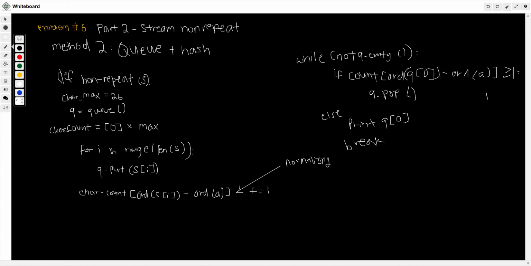And this is different from the doubly linked list method in terms of complexity, because it's a little more space efficient. I'm seeing 1 hash and 1 queue instead of 2 hashes and 1 doubly linked list that I described before. The time complexity is the same, I think. Yeah, it's the same. It's O of n time, because I explained it in the first video.